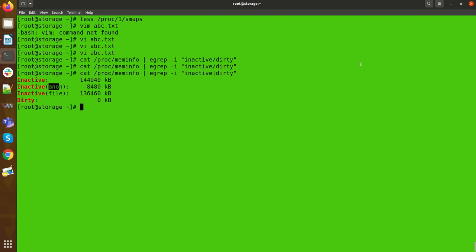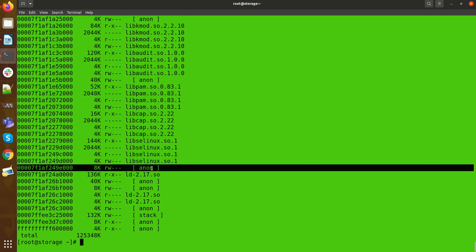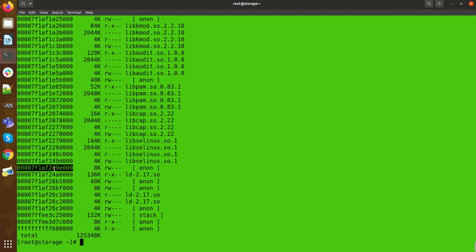Here you can see this virtual memory that is currently not in use. So the system needs to move the process assigned to that virtual memory to swap. That is anon.